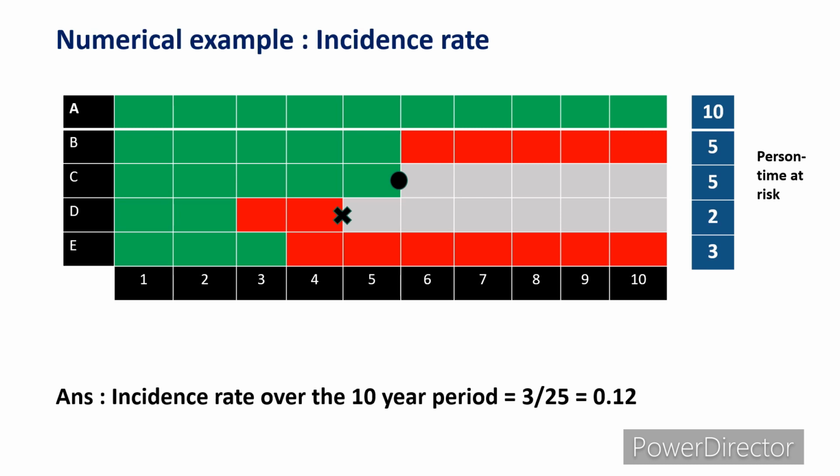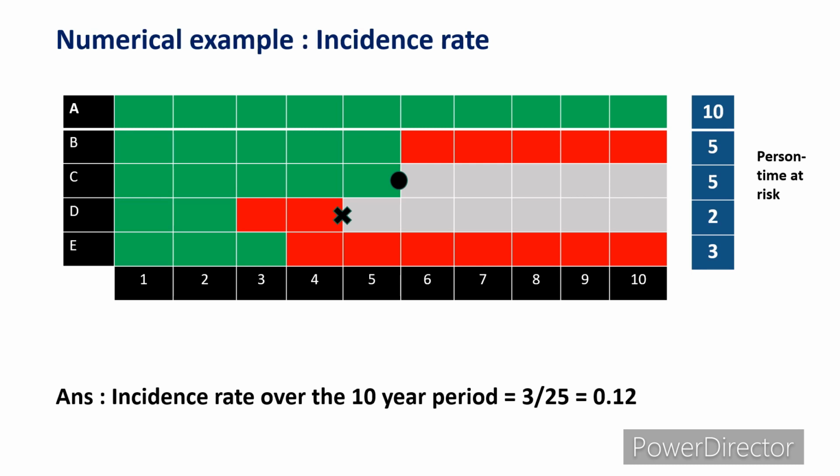As I already said, the person time at risk is the period from the start of the study till where he is healthy. If you look at case A, you can see the green part throughout the study, right? That means case A is free from disease from year 1 to year 10. So here the person years is 10 years because we count all the 10 years. If you come to case B, here the person is free from disease for the first 5 years, 1, 2, 3, 4 and 5. But after the 5th year, he developed disease. So here the person time at risk will be 5 years. Similarly for C, it's 5, for D it's 2, and for E it's 3 years because after 3 years,